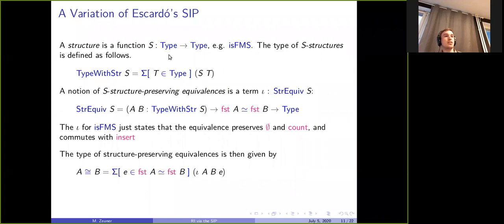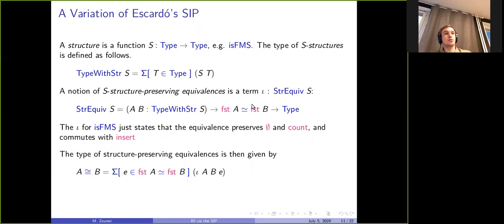It takes a carrier type and returns this record that has this additional structure, and then the type of S structures, or multiset structures, is the sigma type having a carrier type and the structure defined on it. But we need a bit more. We need to have a notion of structure preserving equivalences.